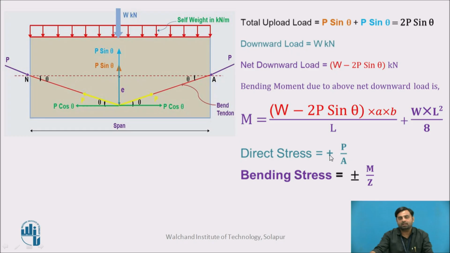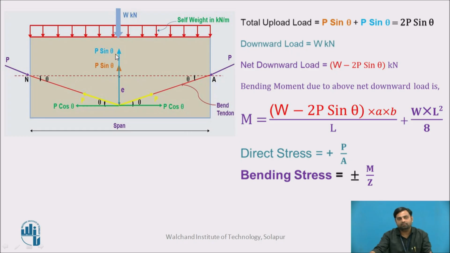It is always considered as positive because we are taking the sign convention as compressive stresses are positive, tensile stresses are negative. So direct stress is always a compressive stress, so it is positive at both the sides, above the neutral axis as well as below the neutral axis. And the bending stress, here you can see the bending stress M by Z, it is plus minus. Now why is it plus minus? So it is plus at the top, above the neutral axis, and minus at the bottom, below the neutral